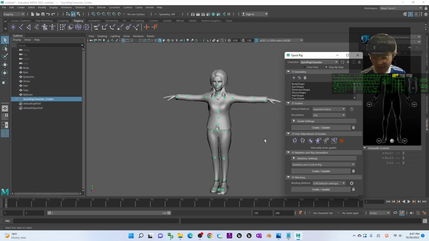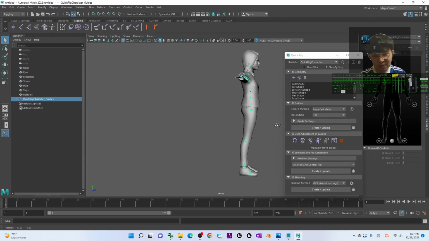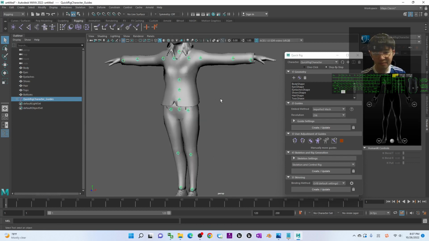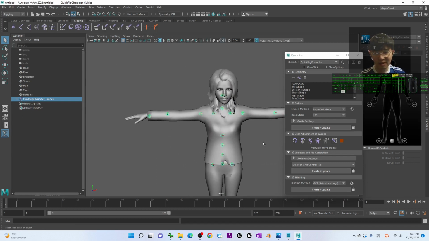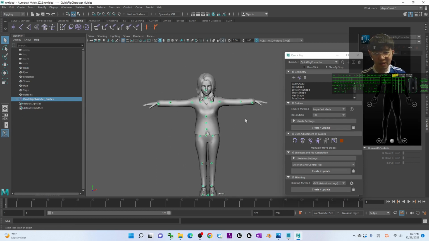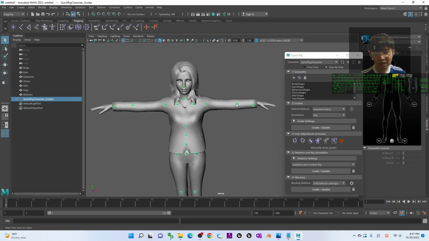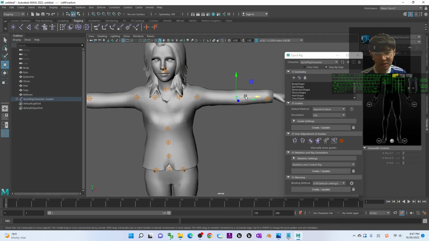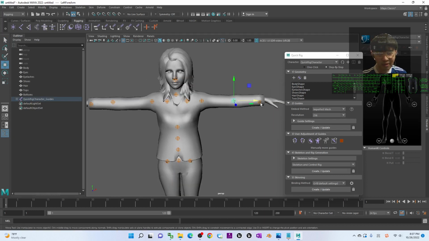And now you have to check all the positions here. All of these positions, just make sure you move them to the correct places. Just click and press W to make sure it is at the correct place. This is the elbow, and here, this is the waist.